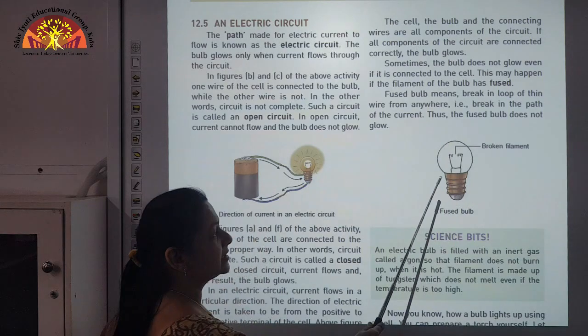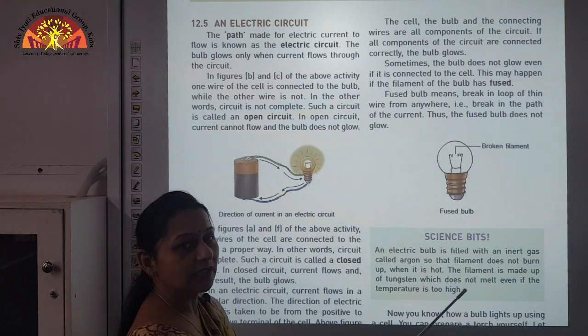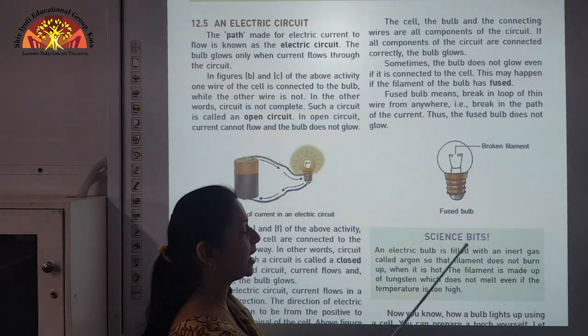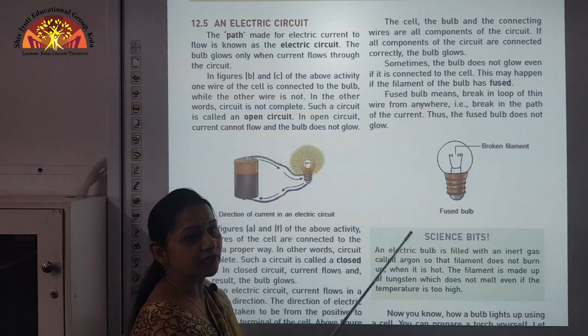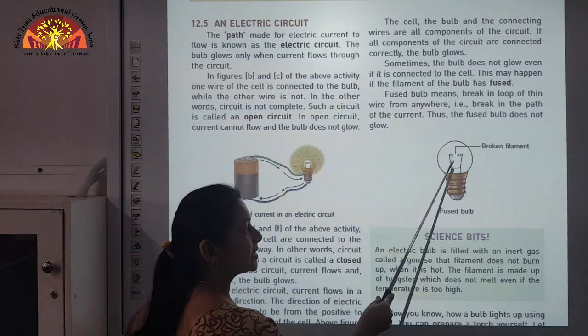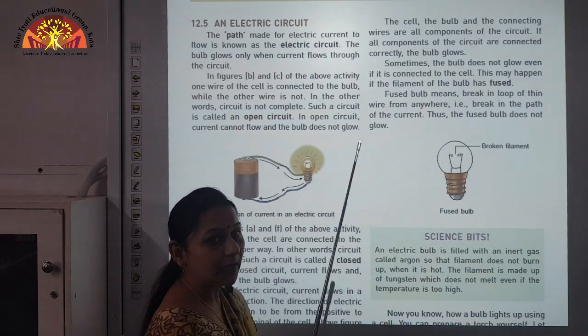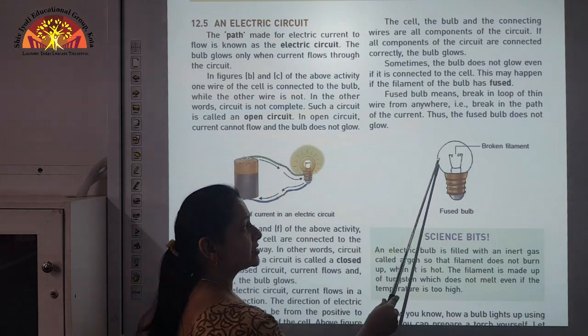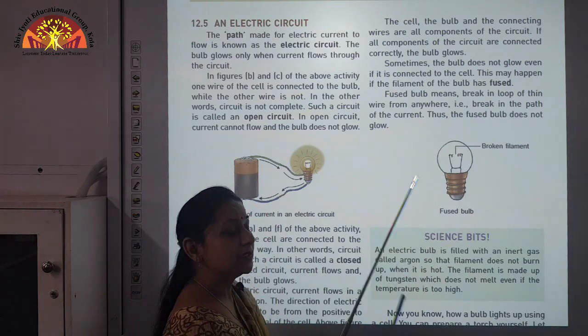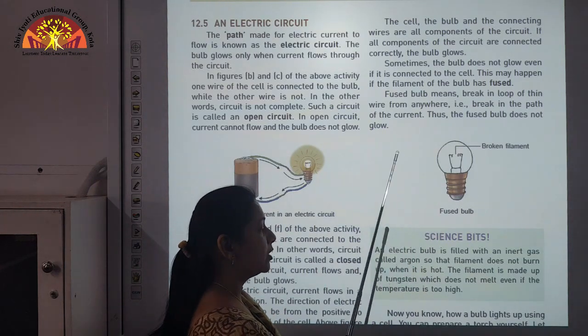As we have done in our previous video, I have shown you that in the bulb an inactive gas is filled, so that when the current passes through the filament, the filament gets so heated up, and the inactive gases which are present in the bulb do not allow it to burn out.